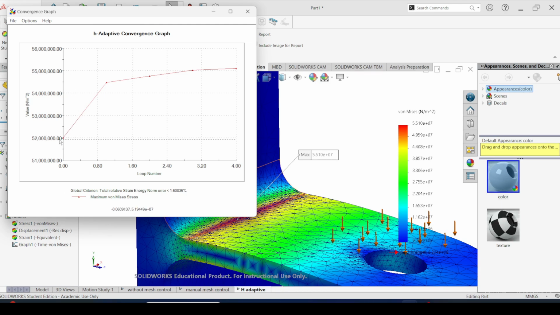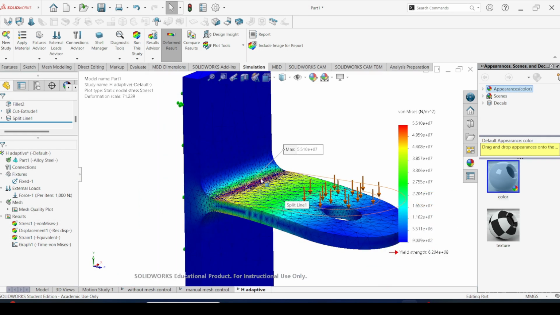Here you can see the graph. In the first simulation it is close to 52 megapascal. Then in the second iteration it increases to between 54 and 55, and last it reaches around 55. Here you can see the first, second, third, fourth, and fifth simulation results. Here you can see the global criterion, total relative strain energy norm. The error is less than 1.6%. That means for the results generated in the fourth and fifth iterations, the strain energy difference is less than 1.6%. Okay, this is how we use the H adaptive mesh control method to improve the accuracy of the